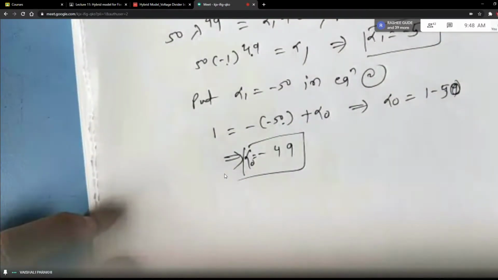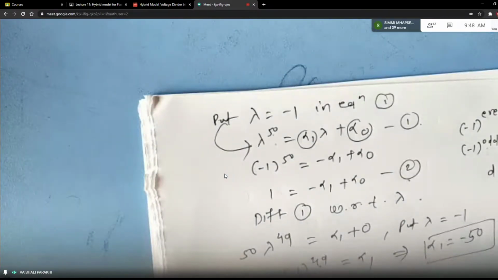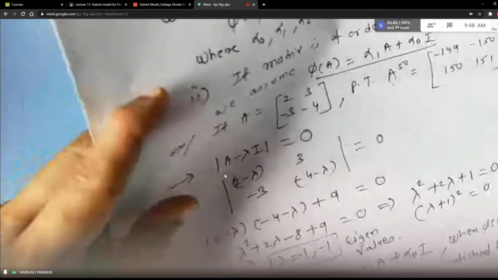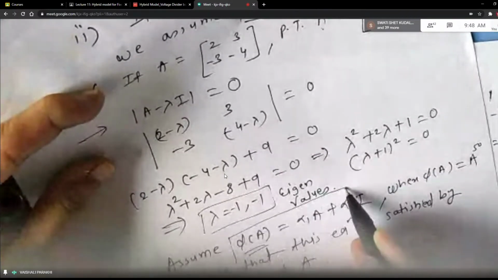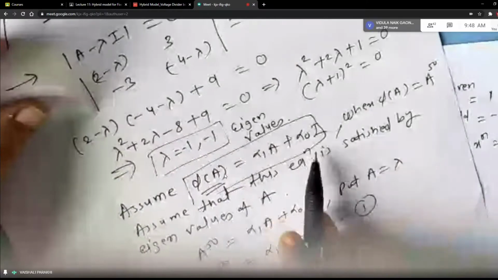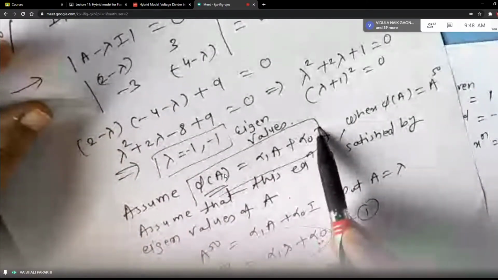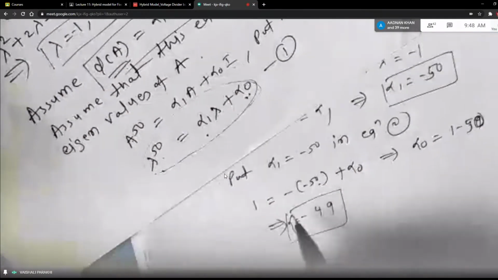Okay. And now these values of alpha 1 and alpha naught are going in the equation which we have assumed in the previous step, right. So what number had you given to this equation? We have not given any number to this equation, where we have assumed phi of A is equal to alpha 1 A plus alpha naught I, and at that time only I told you, you have to determine what is alpha 1 and what is alpha naught, and that is coming back in this equation, right? So same equation I am writing again just for your reference.